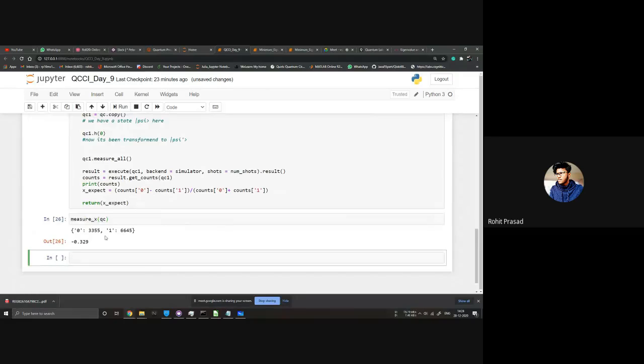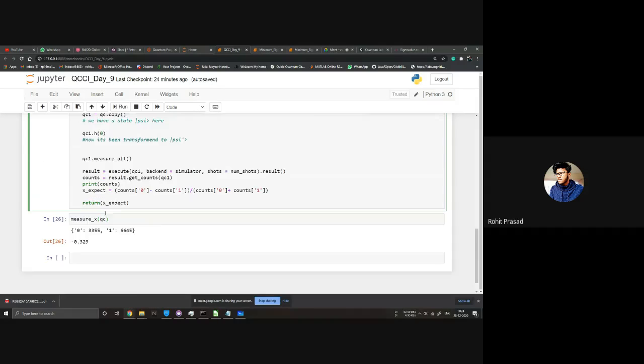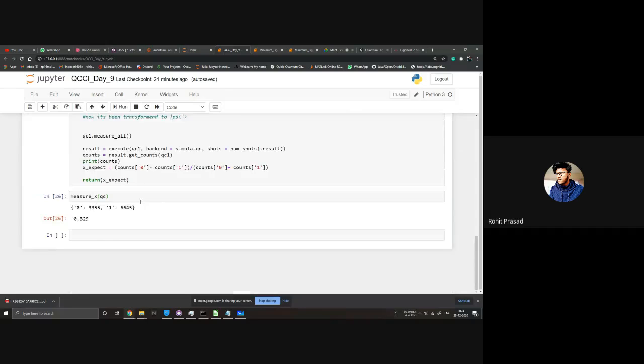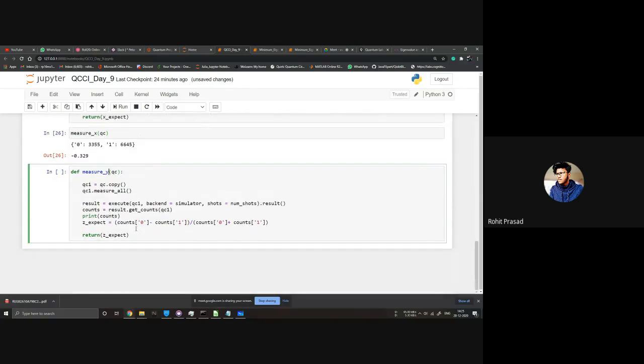Yeah, so expectation value of x is this much. Now to get expectation value of y, we can just copy this one, paste this one, change a bit. Let's name it measure y. This one is y.